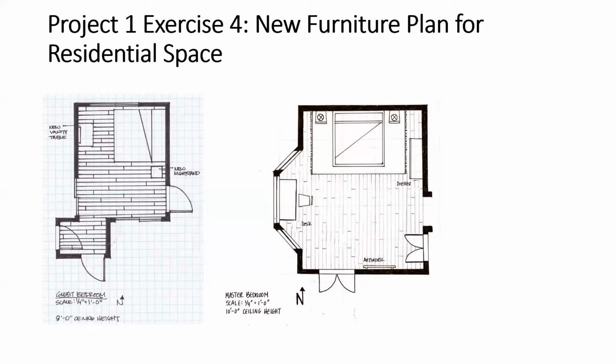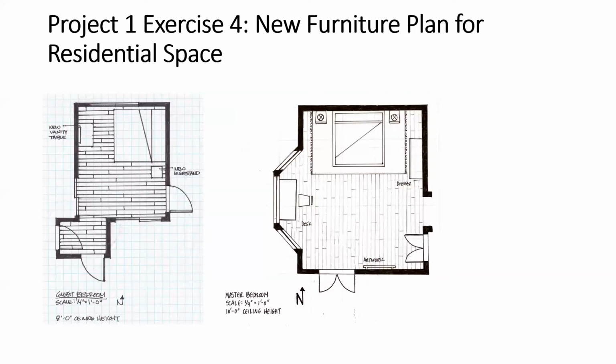Also keep in mind here that the texture has been added to the floors that reflect the new finishes. And so you may want to add stipples for carpeting or use a ruler to create straight lines for planks or tiles if you choose. Now, the student's version to the right also is a really nice example. You can see that the texture is coming in a little bit lighter, either because it was drawn with a pencil or it was drawn on the underside of translucent paper, so it's not quite as dominant or distracting as my example. And either one works for me.